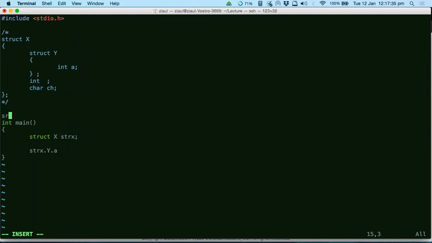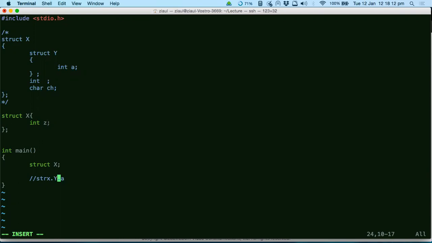So let's say I have a struct x and I have some member variables inside. Sorry, let me have a member variable z. In my main program, can I access z somehow? Is it possible for me to access z? I have a structure called struct x, and I want to access this variable z. Is it possible for me to access z?